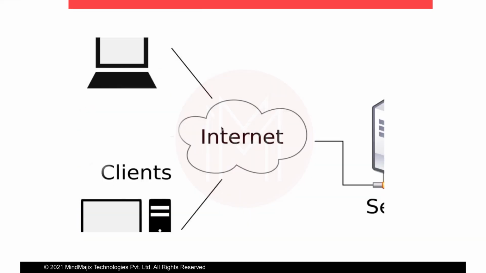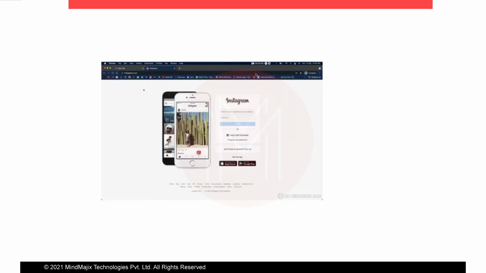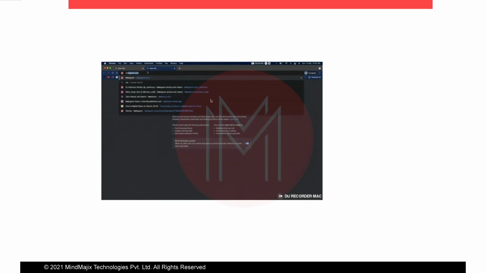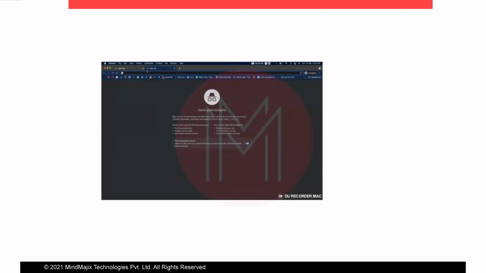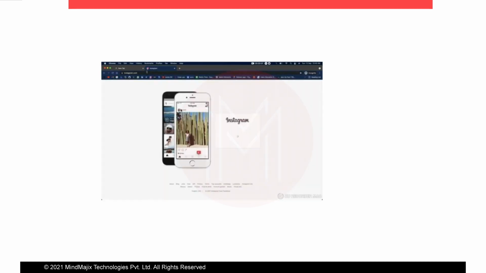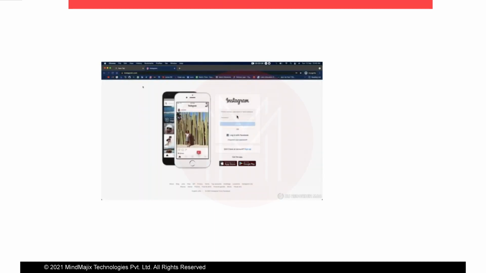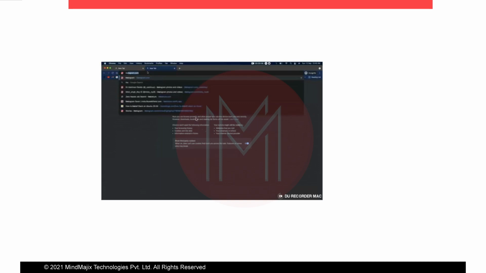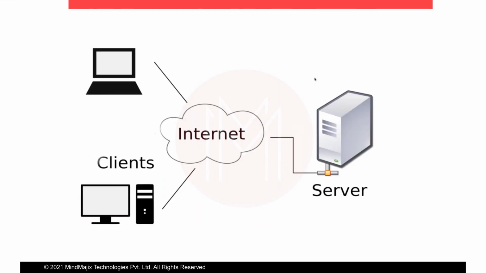We need this web application to be hosted on the cloud so that any user can access it from the internet, in a browser, on mobile, or on a laptop. They can visit the website through its URL, and they need the HTML, CSS, and JavaScript on their computer or laptop so that they can access the website. For this purpose, all the documents like HTML, CSS, and JavaScript should be hosted in the cloud using a server.